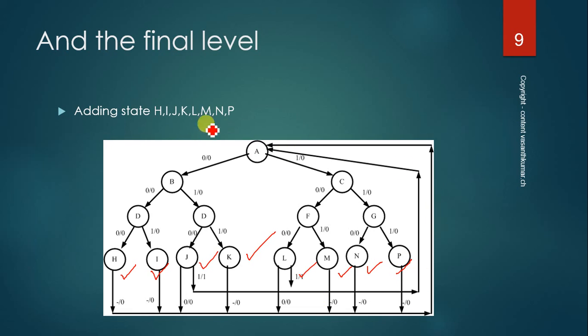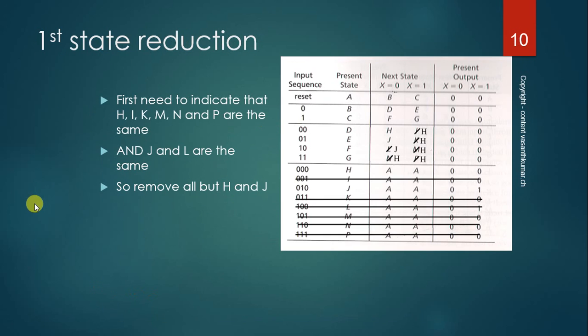First thing is you have to add this, a kind of return signal to A, which is giving a reset value. After getting these states, it will return to A. It's a kind of repetition process. Okay, so first, state reduction. First thing is we need to indicate that H, I, K, M, N and P